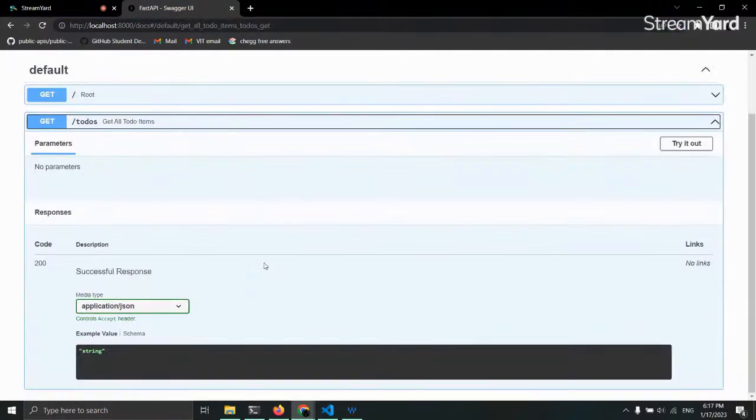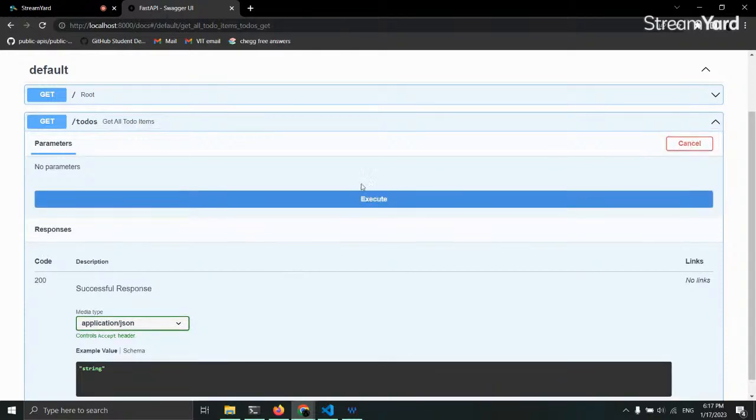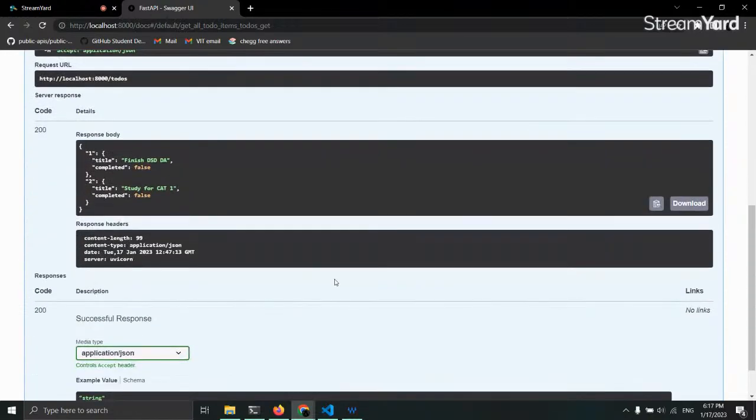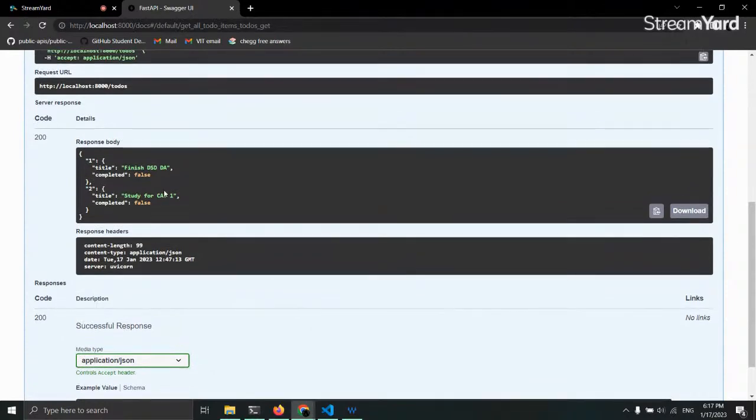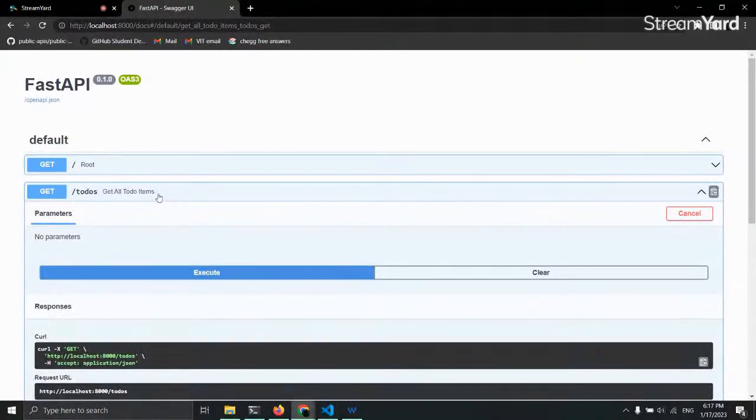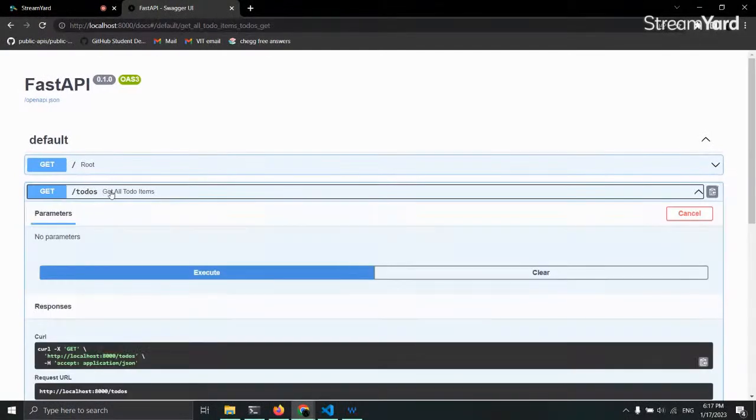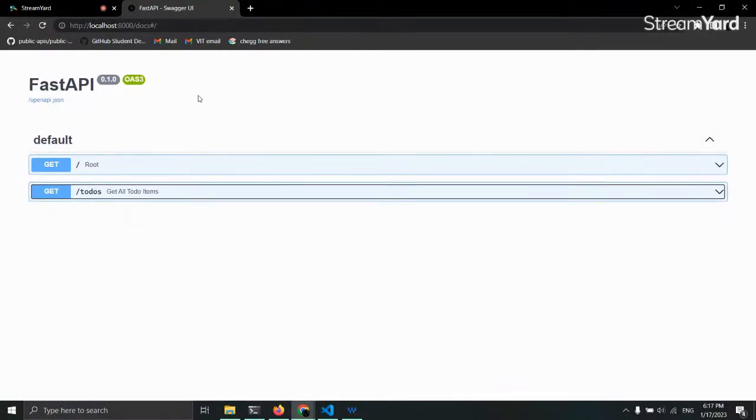Okay, now let's just see our to-dos as well. As you can see, our response body has been printed out here. You've got two to-do items: finished DSGDA and study for Cat 1. So you can use Swagger for documentation as well as testing your API, but an even better way to do this